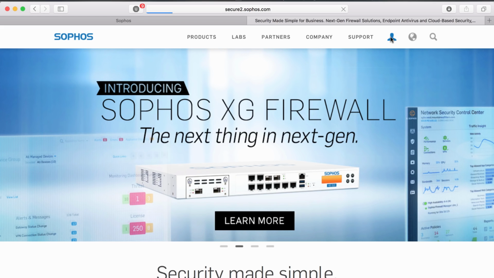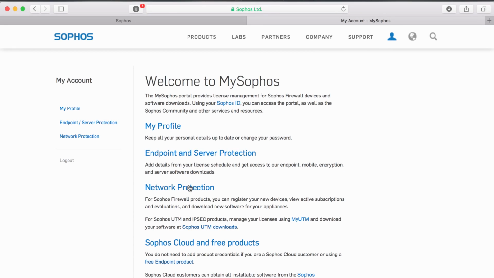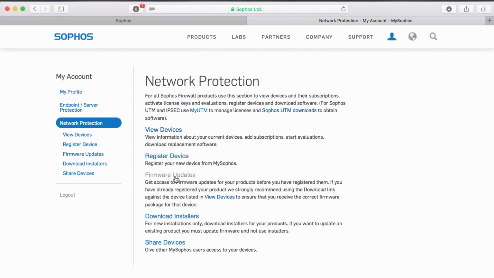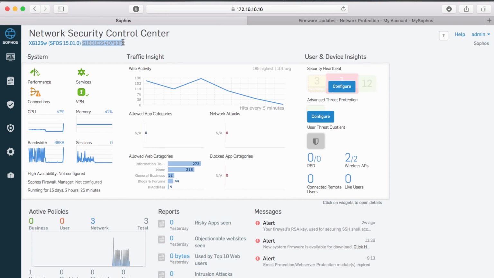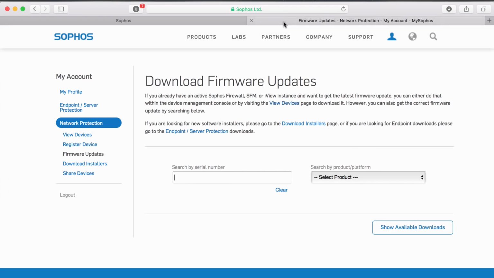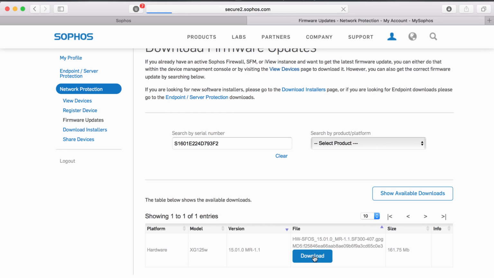Alternatively, if your firewall is offline or unable to get the update automatically, you can download the firmware update manually from Sophos. In this case, log into Sophos and proceed to Network Protection, then Firmware Updates. Enter your serial number or choose the software virtual platform from the drop-down boxes, and then download the firmware update